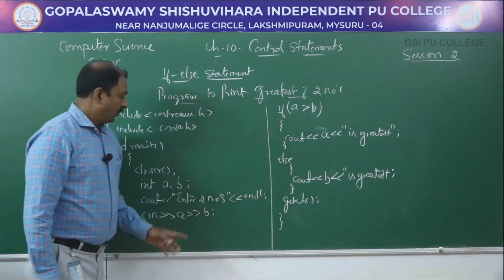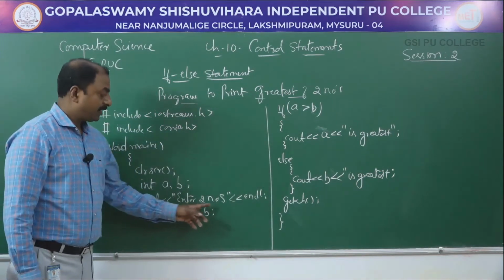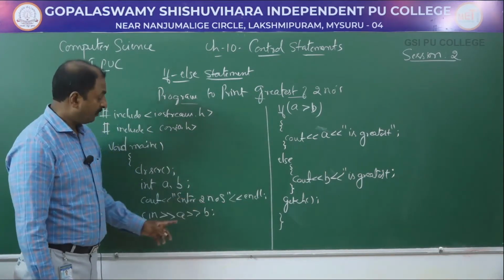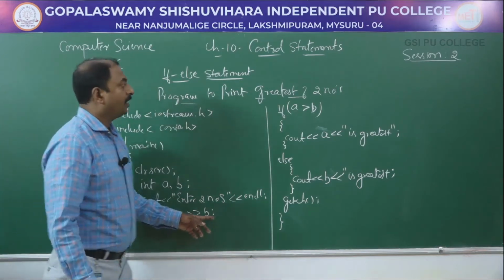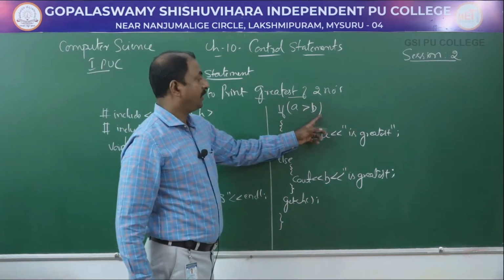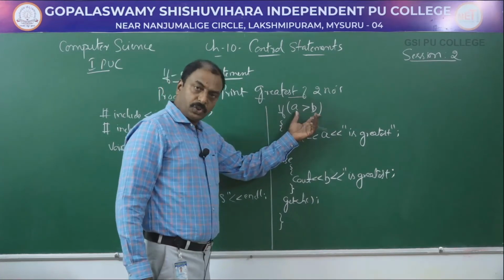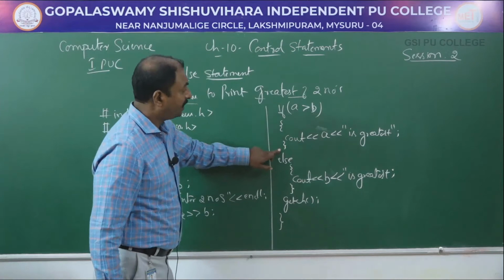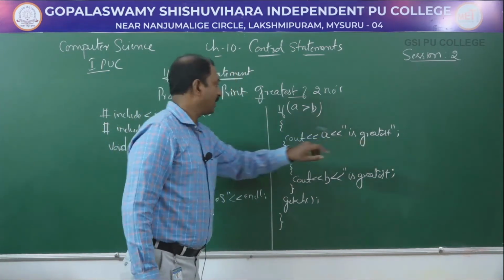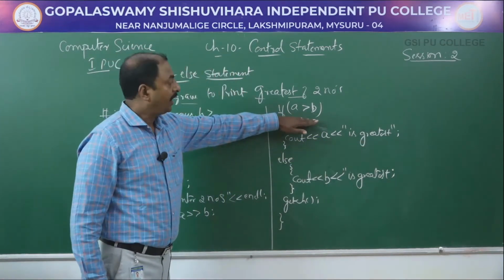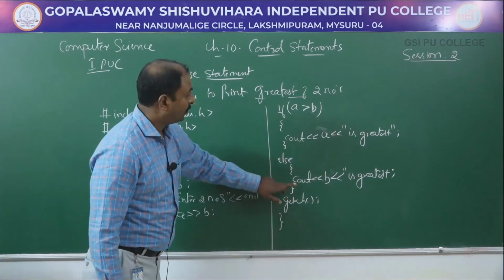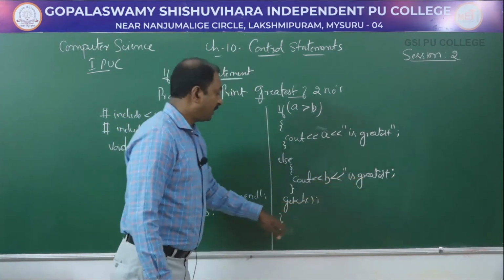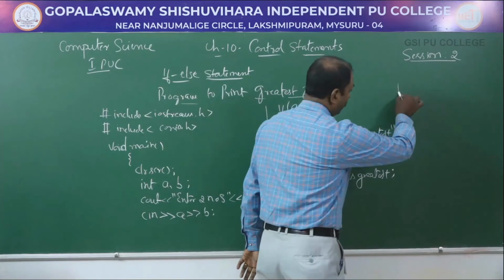Here we have to display the message enter two numbers on the output screen. Then we enter the two values of a and b. Then it checks whether a is greater than b. If the condition is true, it executes the statement and prints a is greatest. Suppose the condition fails, it goes to the else part and prints b is greatest. So the output of the program would be